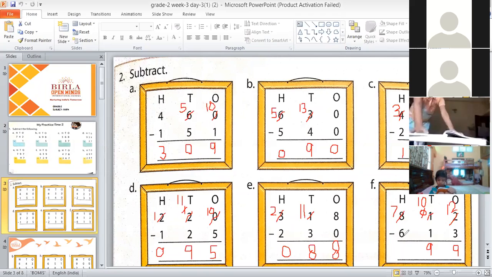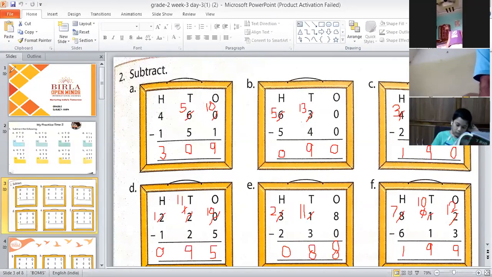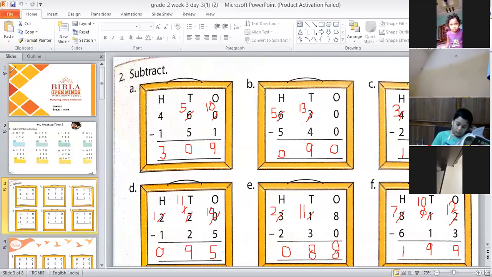And 7 minus 6? 1. What is the answer? 199. That's the correct answer, Aslan. Very good. Answer is 199, children. Write this in your notebook. And you all have to show this borrowing and cutting properly. And it should be neat and clean, okay? Write it down fast in your notebook, children.